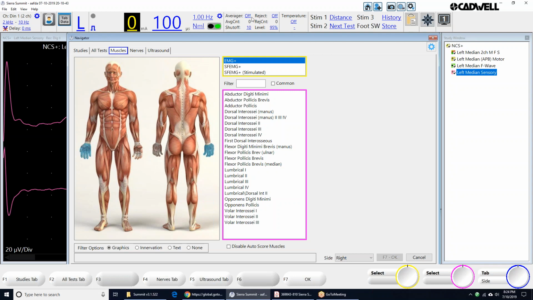Oh, I just got a question from Agnes. That's a good question, so I'm going to read it. She said, if you have a combined study, sensory, motor, and F-wave, and then you use site sharing, how does it appear on the report? So it's going to show up as individual tests, but what you want to do on the results is you want to make sure that when you're in tab data,